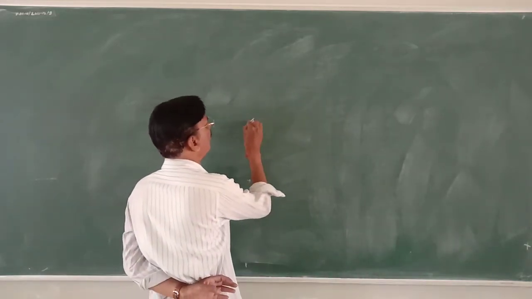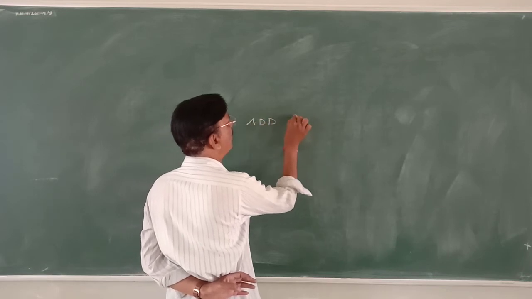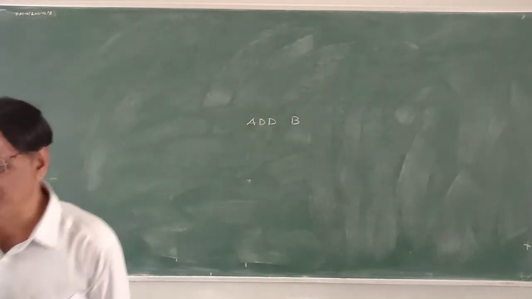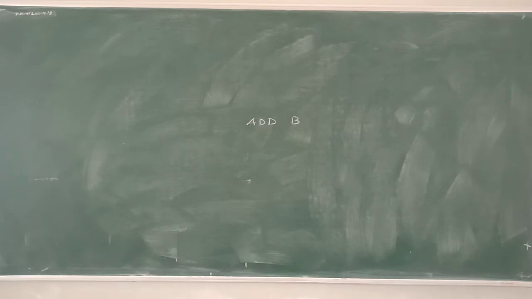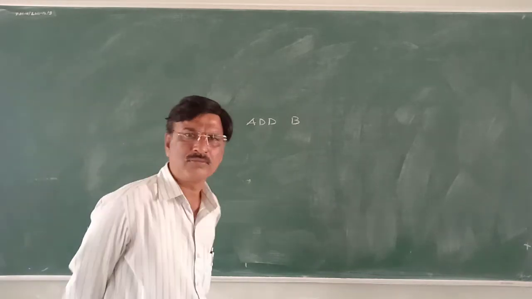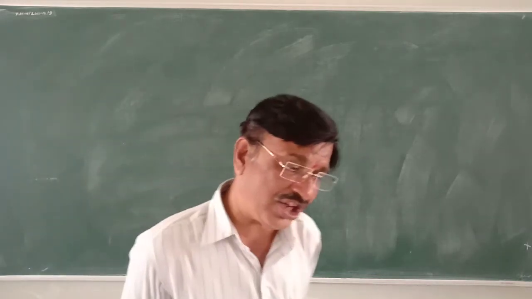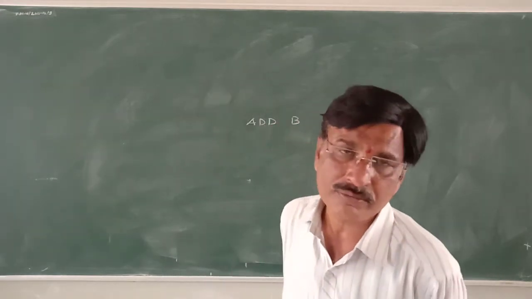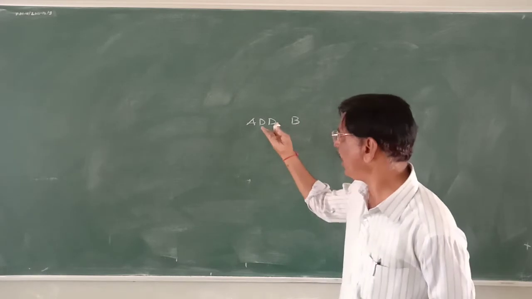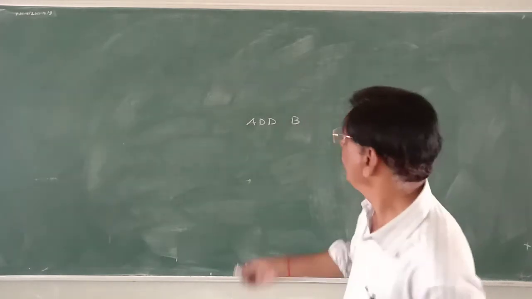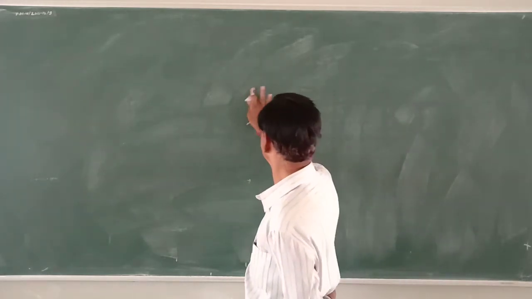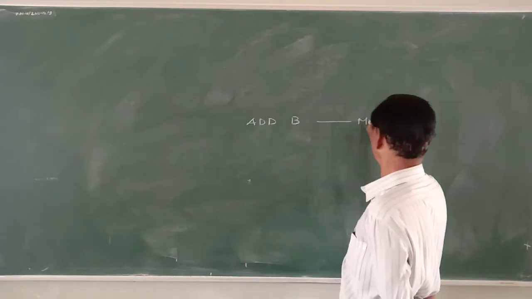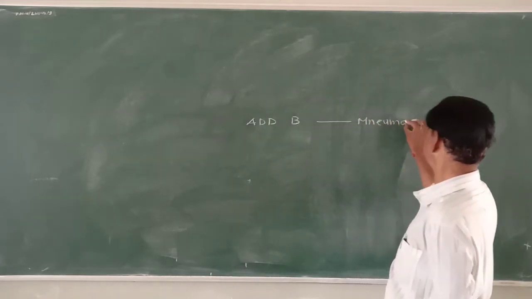Let us suppose an instruction, and the meaning of that instruction. Now you can ask the question, sir, it seems to be an English-like word, and we are saying the definition that an instruction is a bit pattern having specific meaning. Where the bit pattern looks like an English word, it is called a mnemonic.